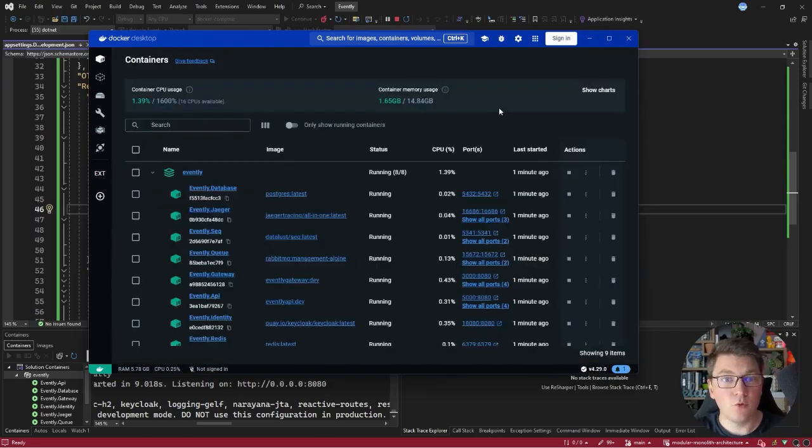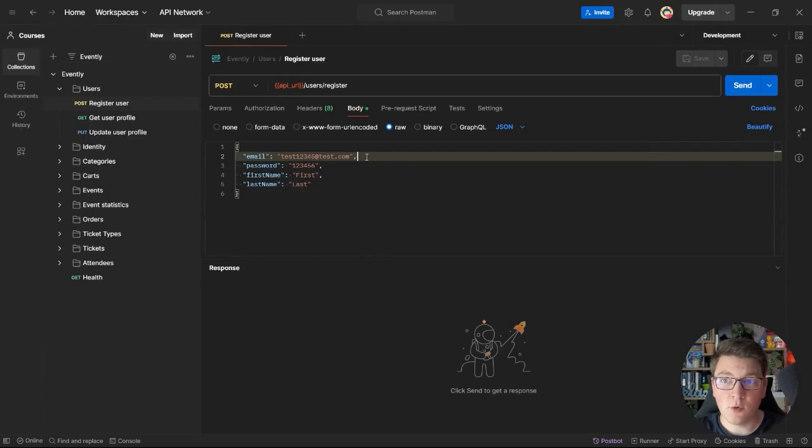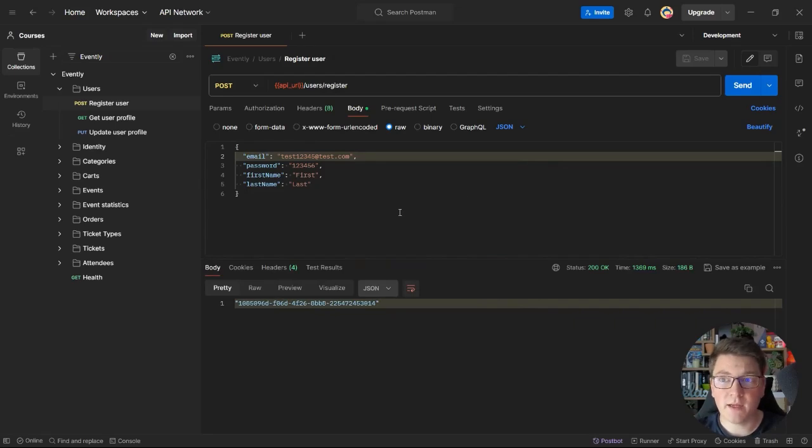If I go over to Postman, I should be able to send a post request to the user's register endpoint on the reverse proxy and expect it to hit the Evently API, register the user, and give us back the response. I'm also noting that I updated the API URL variable, which I set up in my development environment to point to HTTP localhost 3000, which is where we expose the reverse proxy. If you are using the same Postman collection as I am, you should be able to easily do this. Now let's go ahead and send this request. And after a few moments, we get back a 200 OK response, and it looks like our reverse proxy is